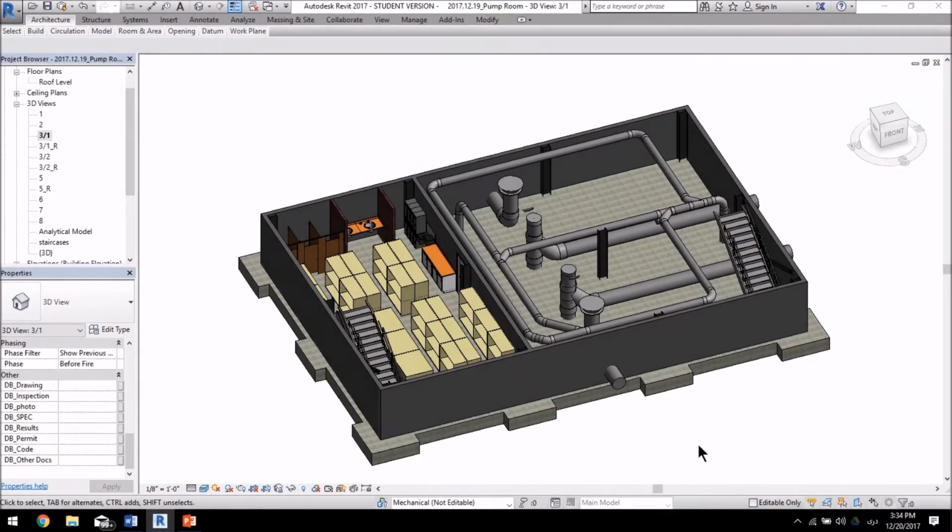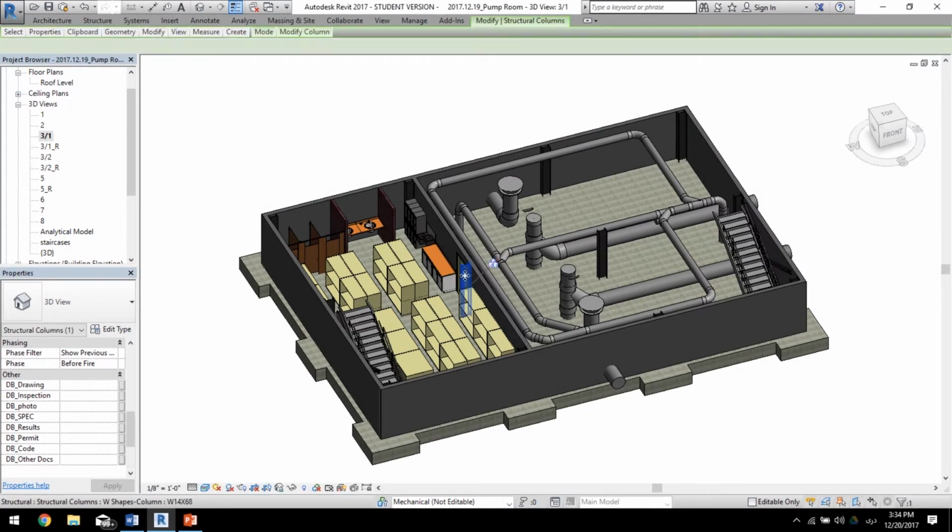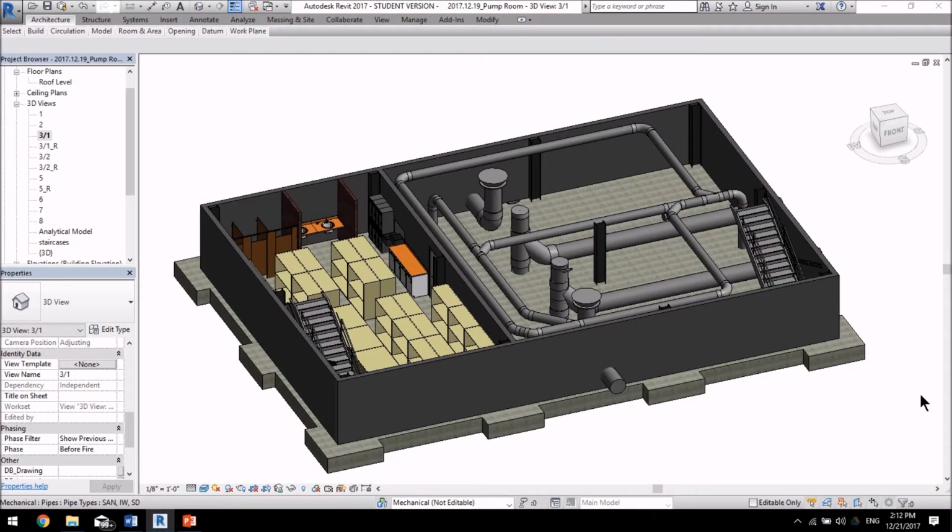When the hot work operators were working in the storage room, a fire incident occurred and resulted in damages inside the storage room, including the buckling of these two columns. After the fire, other damages to the equipment inside the pump station in other rooms were also observed and led